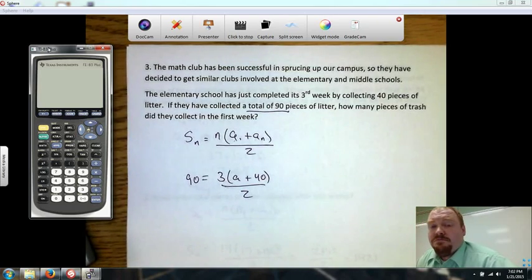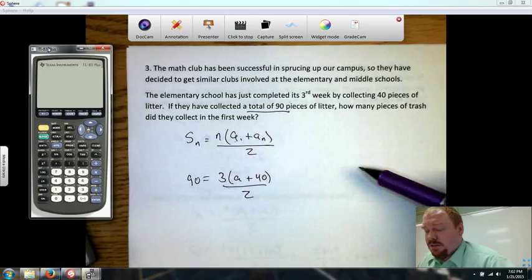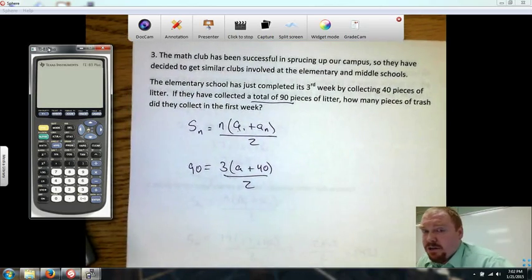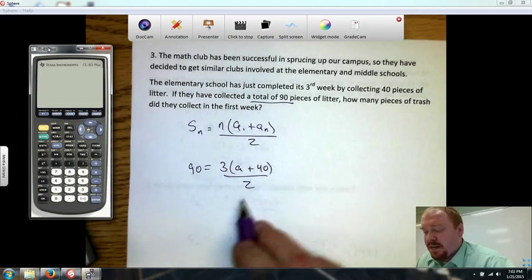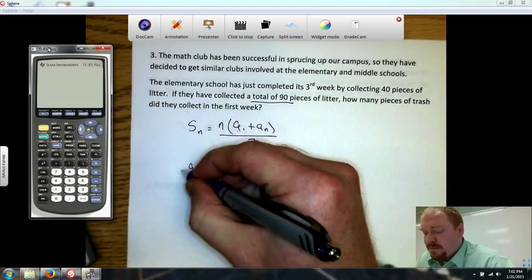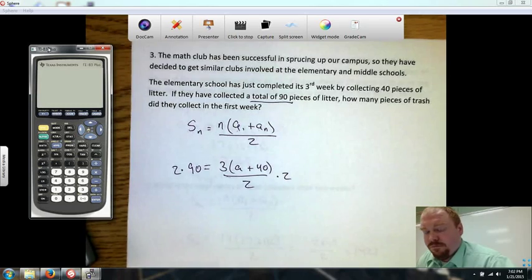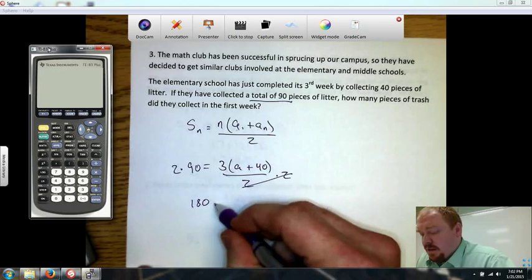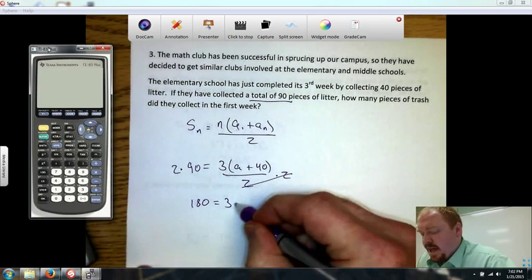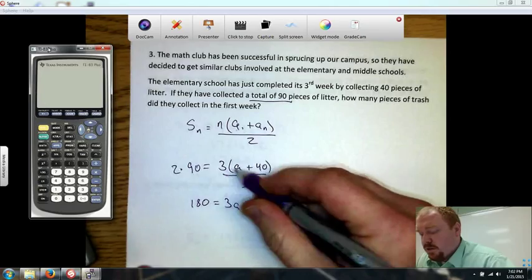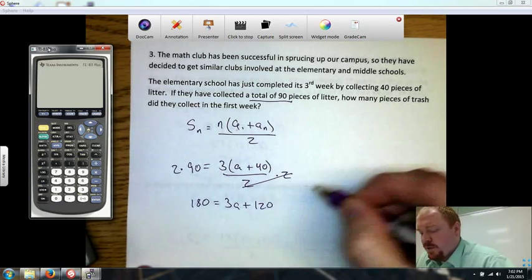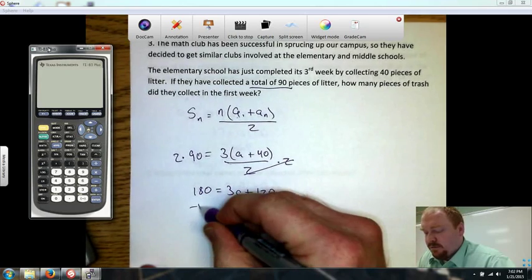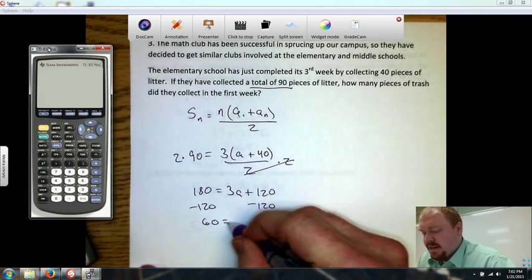So, now to solve this, remember whenever you have a big fraction equation, it's the only time you start off by multiplying. So I'm going to multiply both sides by 2 to get rid of the big fraction. So that gives me 180 equals 3a, I'm just distributing, plus 3 times 40, 120. Now if I subtract 120 from both sides, I get 60 equals 3a,